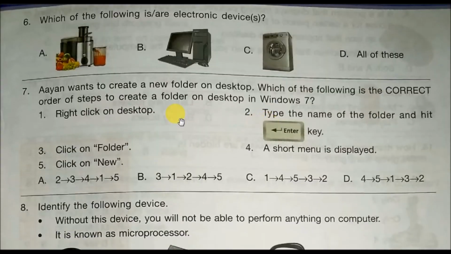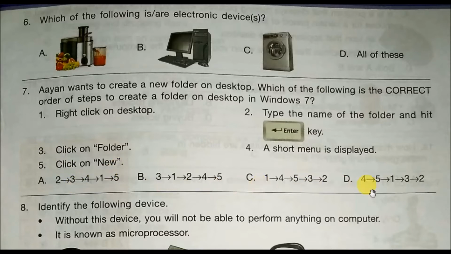Next question. Ayan wants to create a new folder on the desktop. Which of the following is the correct order of steps to create a folder on the desktop in Windows 7? They have given one order, so we need to find the exact order. Step number 1, right click on the desktop. Step number 2, type the name of the folder and hit the enter key. Click on folder, a shortcut menu is displayed, and click on new. So now look at the